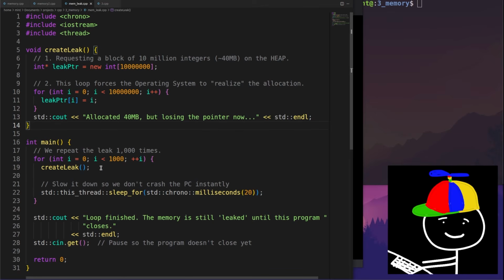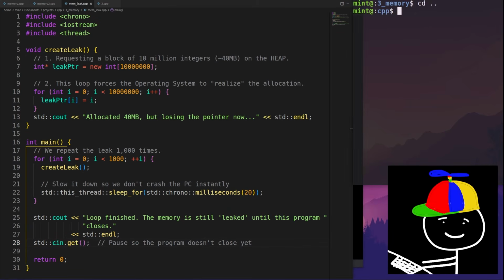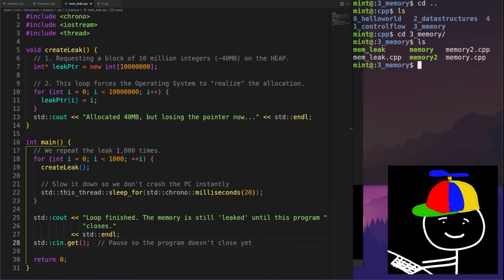So this will result in a memory leak, meaning the heap will start filling up, and we're going to see that our memory usage for this program will start spiking up, which I'll demonstrate in a second. This line of code is just going to add a 20 millisecond delay between each of these creations of these arrays, because if we don't do that, it might crash the PC if the RAM usage spikes too quickly. And that's basically the whole program. So if I go ahead and compile this memleak.cpp file,